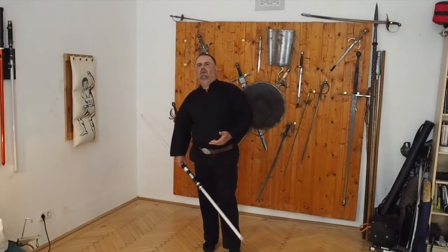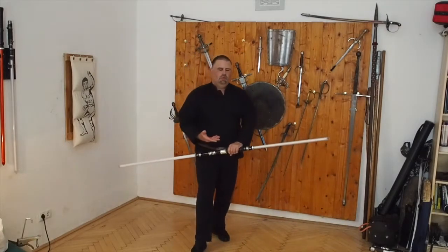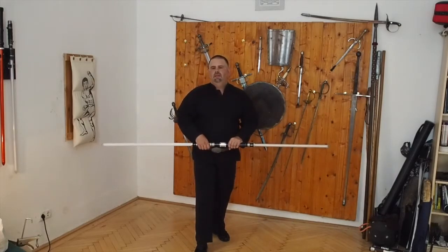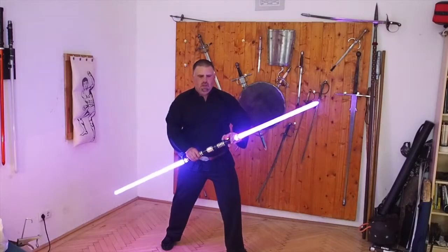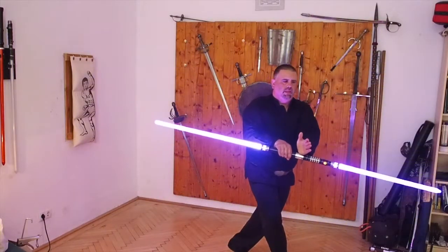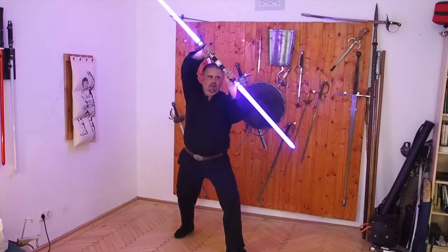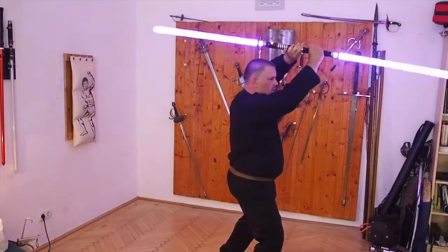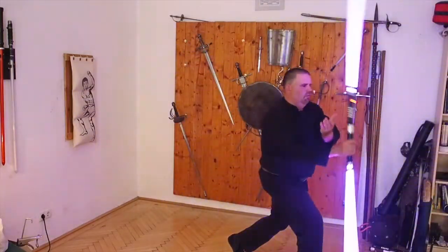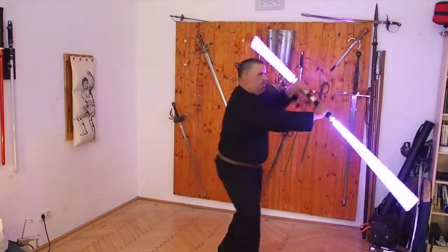So, after all these basic movements, you'll have to get all those things into a fluid working technique. So you start in the middle guard, you use a horizontal spin, front, back, coming up in the high guard, horizontal spin, vertical spin, forward, backward, low guard, paddling attack,